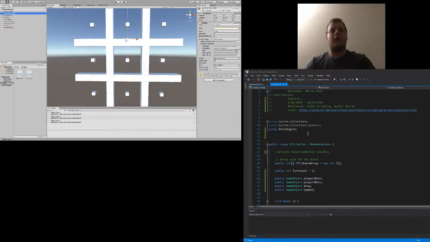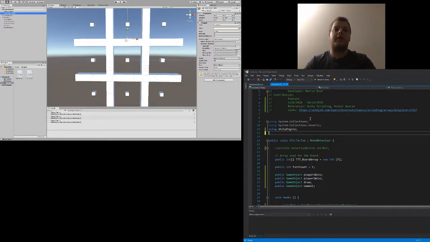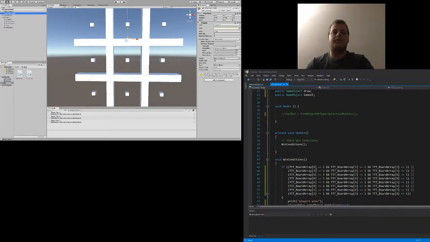I did look up tutorials, I guess, for just some scripting API, for like how to use arrays. It gave me the knowledge to do this. It wasn't as clean as it is now,